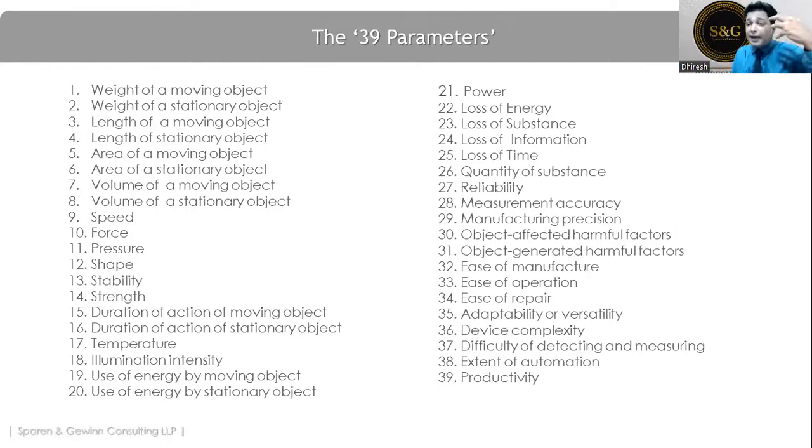I want to increase the productivity without compromising the fatigue of my people. Understand this? So one I want to improve, but I do not want the second parameter to contradict it. At least if it is not worsening, at least it should be stable. Understand this? Okay, so that is what these 39 parameters do. Okay, so these are the 39 parameters which are actually